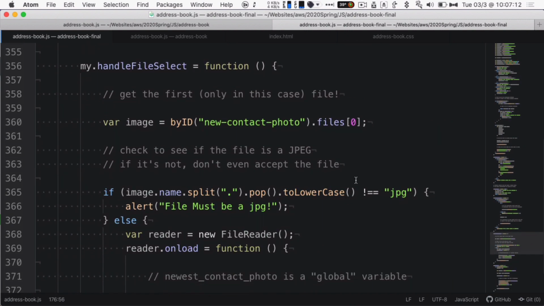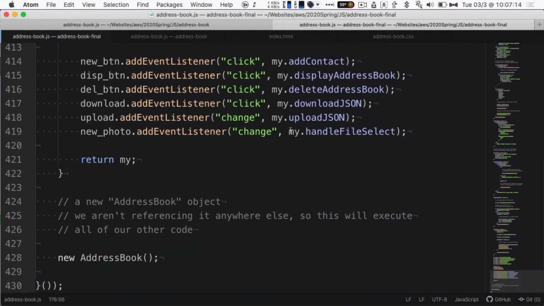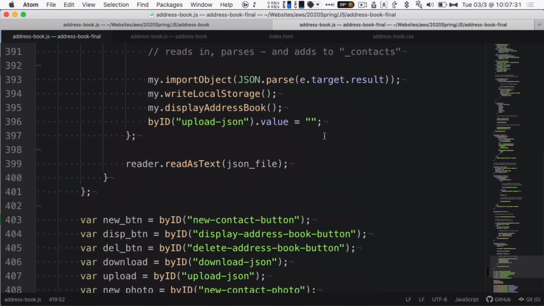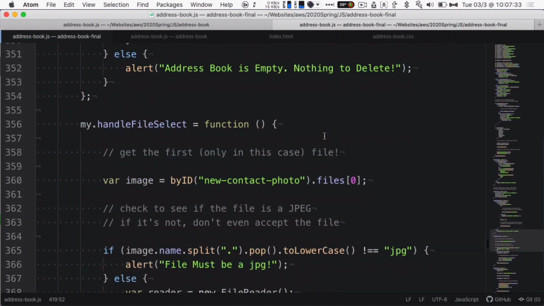So this happens when I hit the new photo, and notice that this is a change listener. Okay, so this file selector happens when I pick a new file. If I just click the button and I don't select a file, nothing happens here. So I have to actually select a file for this to happen. So in handle file